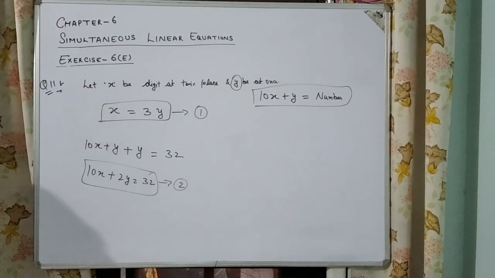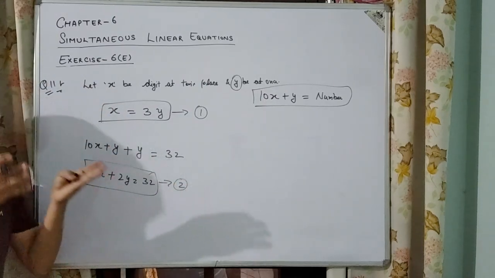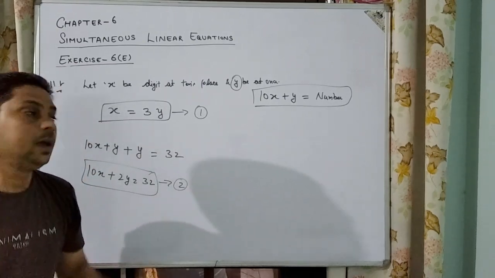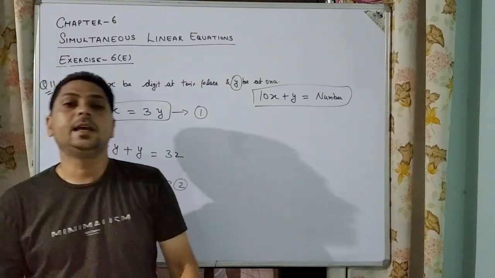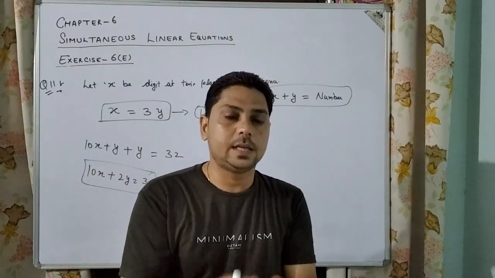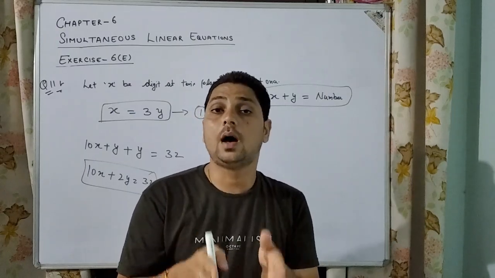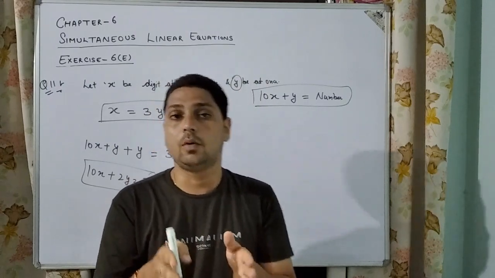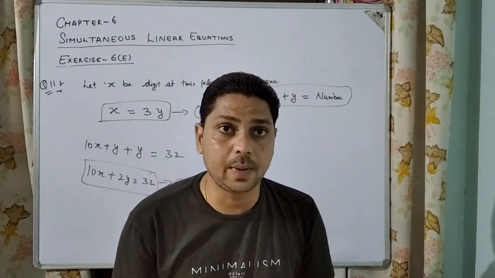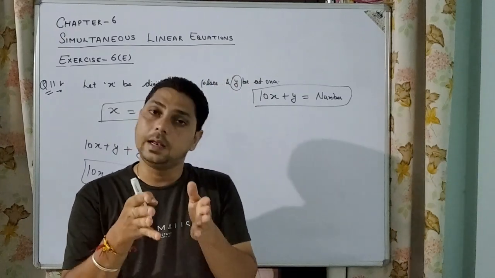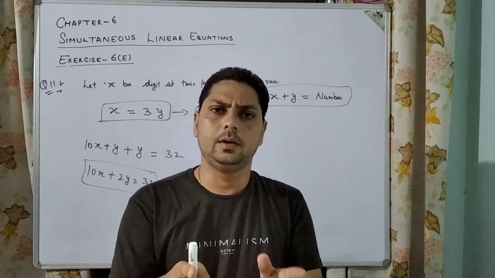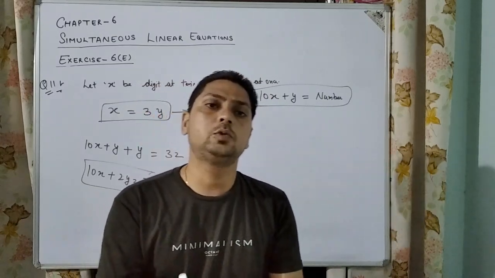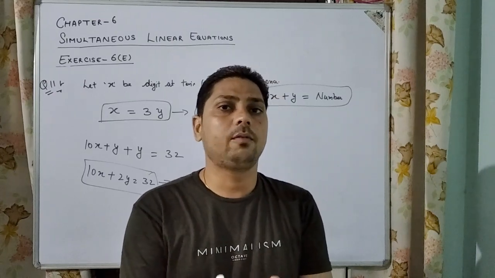Again we have two simultaneous equations with two variables. Solving these two equations for the values of x and y, you can get the required values. I think we have done a variety of questions from this exercise. A few questions are left, and you have to solve them on your own. Just make the statement and solve the linear equation with any method. Use the method that is easier for you.